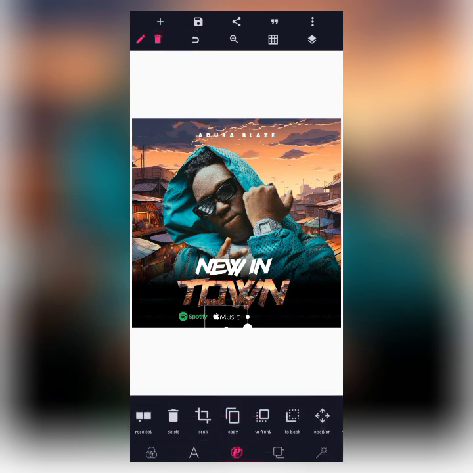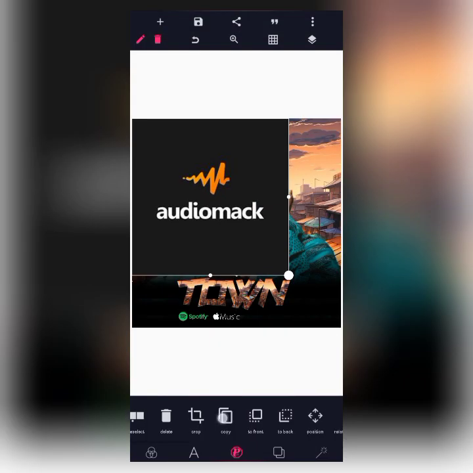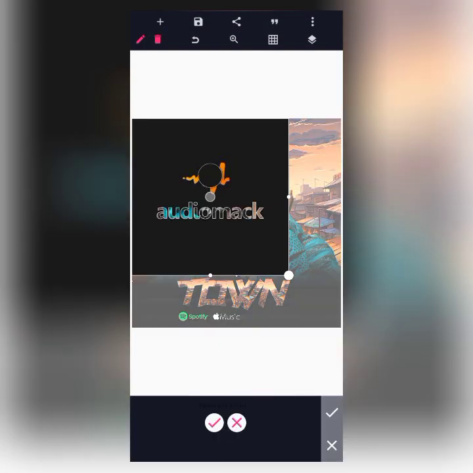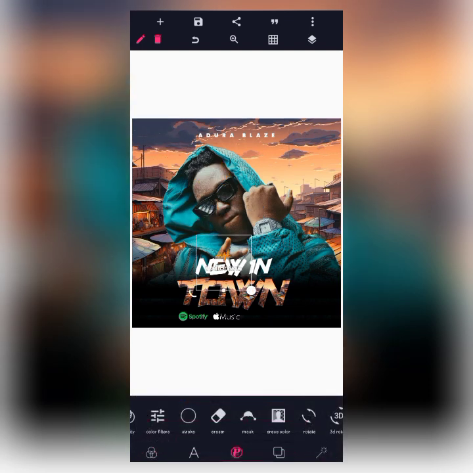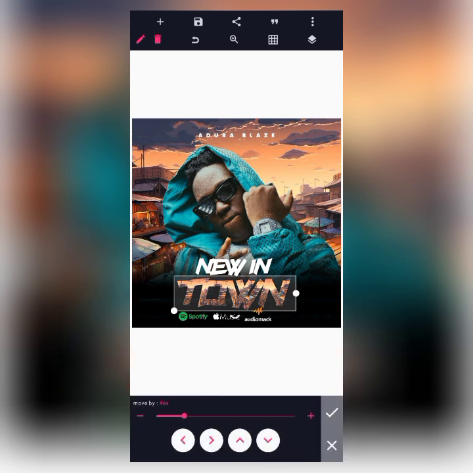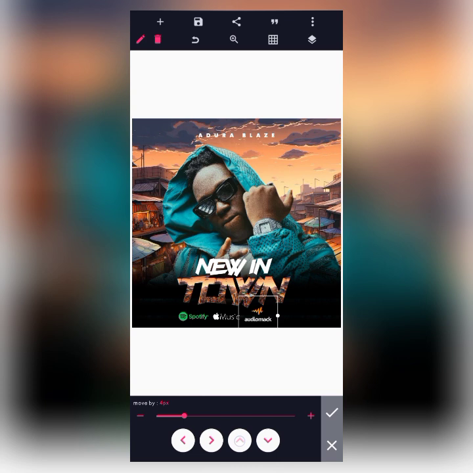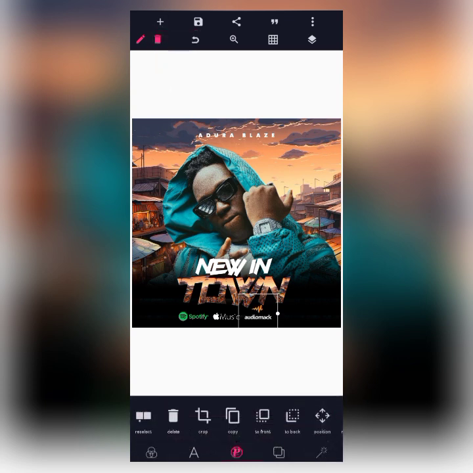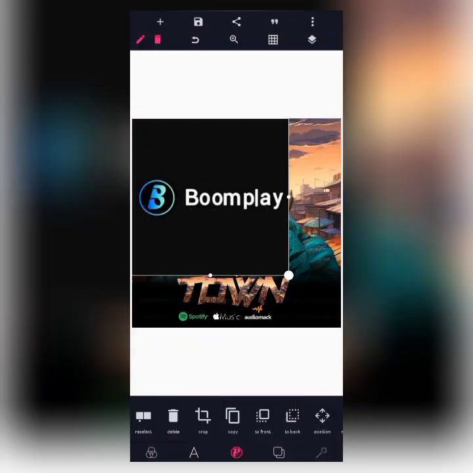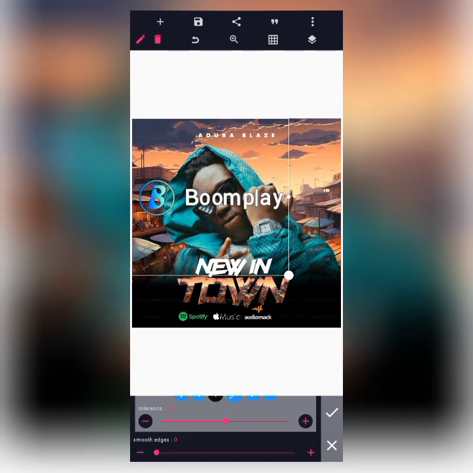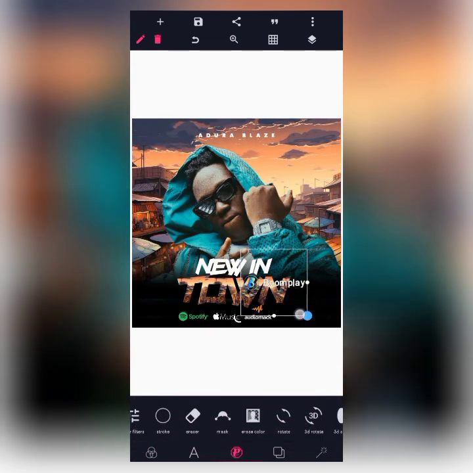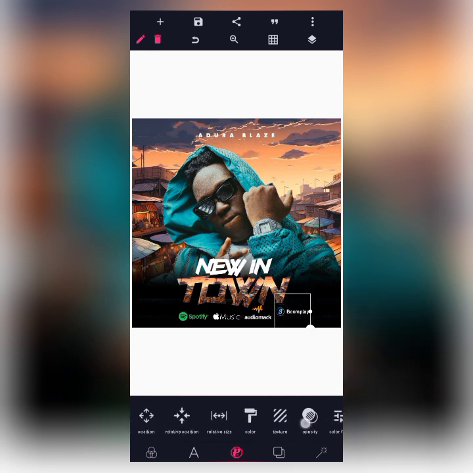Importing the logo for Audiomack. Yeah, just like this. Reducing the size of this and placing it beside the others here. So this will be placed beside the other logos here, and importing the one for Boomplay. Then removing the background just like we've been doing earlier. So I will just reduce the size for this as well, then place it beside the other logos,